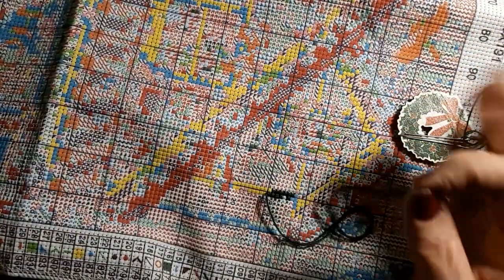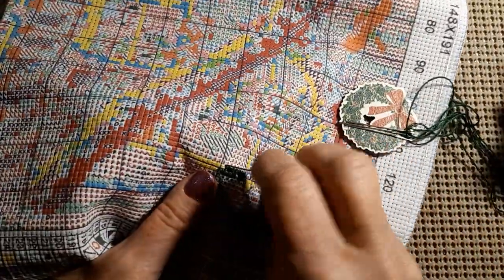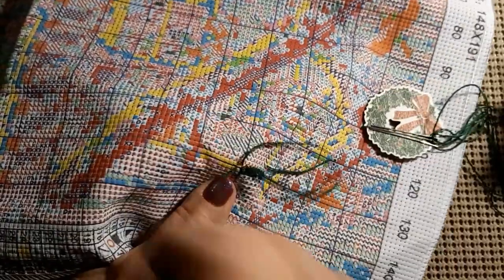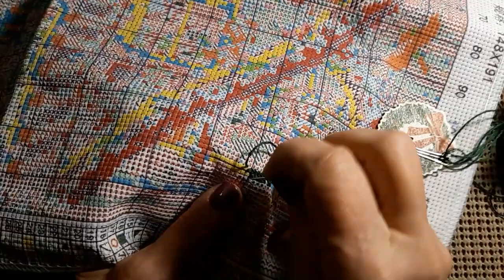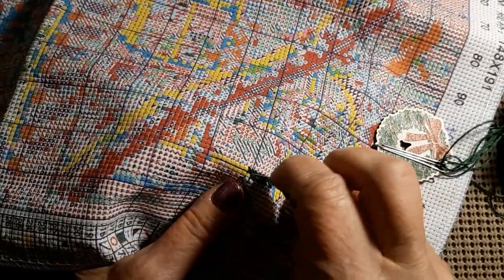But the pre-stamped kits, they come with everything you need to just start stitching. And I'm just totally spoiled by these kits because everything is there. There's no measuring. Where do I stitch? What do I do? So, yeah, I would suggest that you didn't get